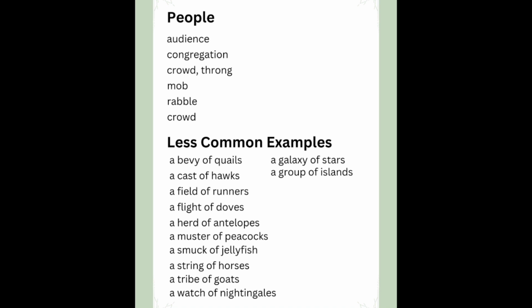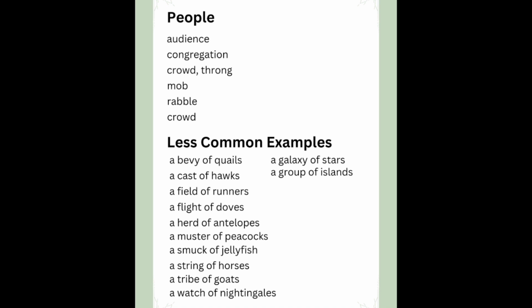We call them less common examples because people hardly make use of them or never know them as group terms or collections. Let's look at examples. We have a bevy of quails, a cast of hawks, a field of runners, a flight of doves, a herd of antelopes, a muster of peacocks, a smock of jellyfish, a string of horses, a tribe of goats, a watch of nightingales,